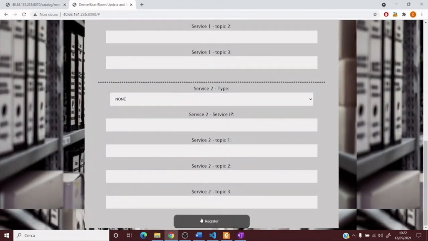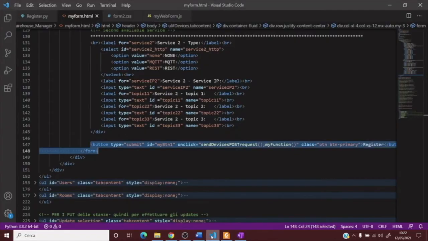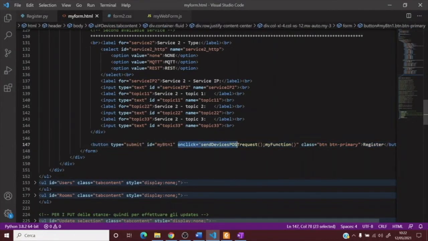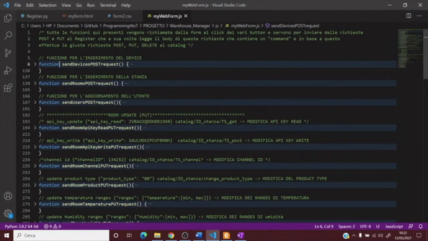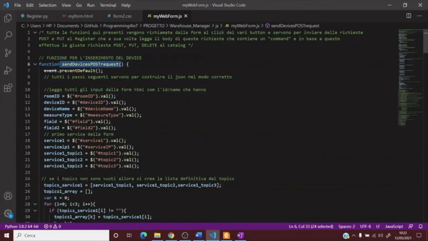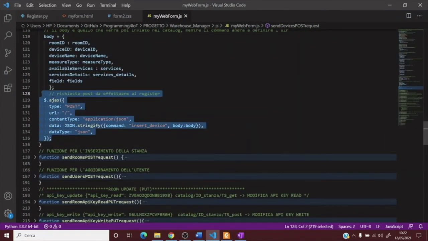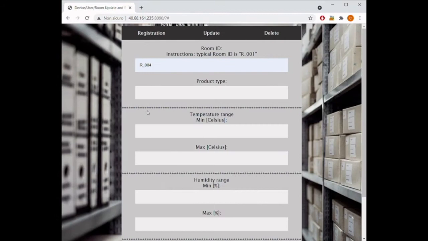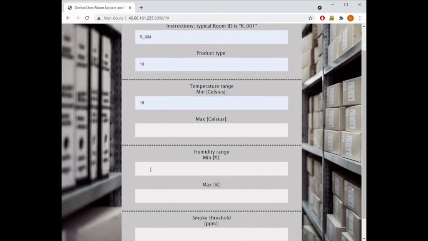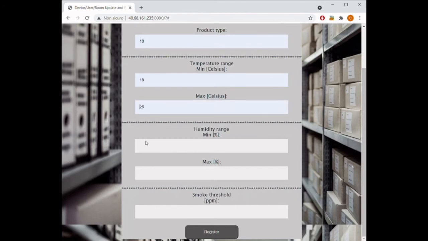The file mywebform.js contains all the functions that spike when a button is clicked. When a button is clicked, an HTTP request is sent to the register.py web service thanks to the use of AJAX. Each room, when it is registered, needs an ID, a code which represents the product type,